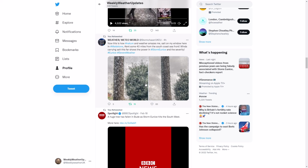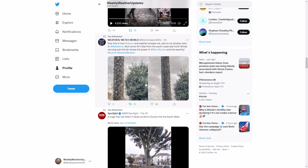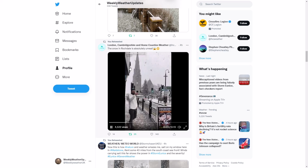It just showed you the power of this storm that we did see yesterday. So yeah, just very interesting seeing images from this 40 miles away. Now if we do come up and have a look in Rochdale, this is the snow earlier this morning,